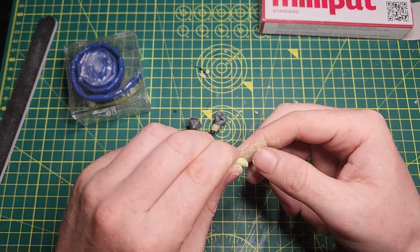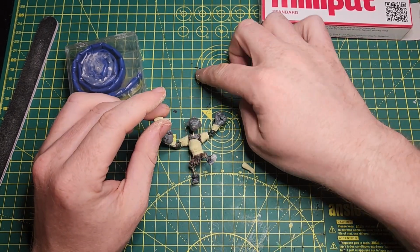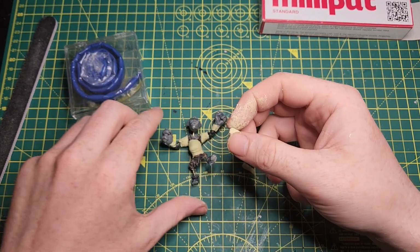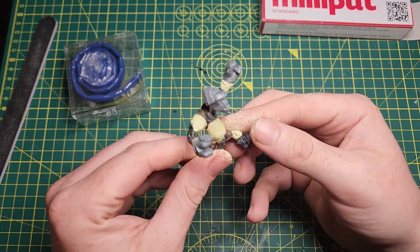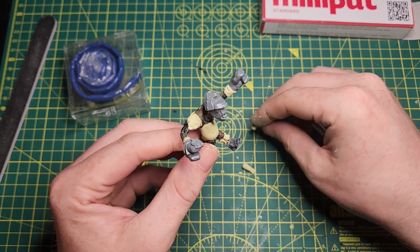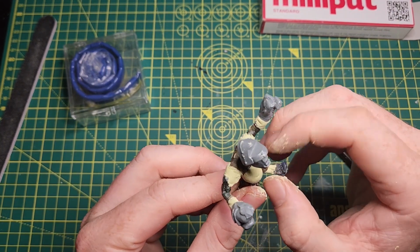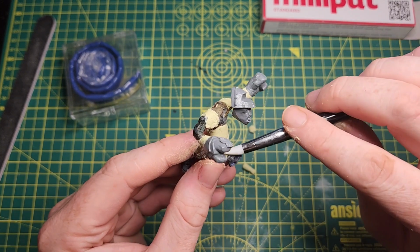Feeling happy with that, we'll move on to the legs here. Just creating that little sausage piece that we've talked about, and making sure to also pick up all the leftover milliput that we've been dropping, because it's all just going to be used as a filler, not to be seen. So I don't really mind if it has a piece of plastic or whatnot stuck to it, but it's bound to. So we're just covering the gap there, making sure it looks the general shape and thickness of a leg